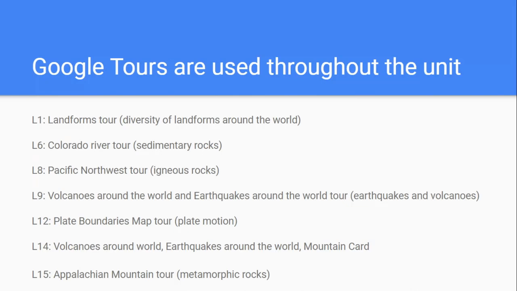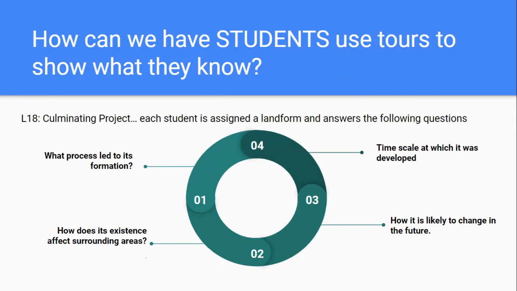So there are a couple ways that we can actually have students engage in using the Google Tours throughout the unit. There are 2 different natural fits for this to happen. The first would be Lesson 18, which has a culminating project where each student is assigned a landform and answers the following questions. What process led to that formation? How is its existence affecting the surrounding areas? How is it likely to change in the future? And the time scale at which that was developed. Students could use Google Tour to create their culminating project by zooming in on different places where that landform exists around the world and answering those questions when they click on that actual landform and inputting that information into the